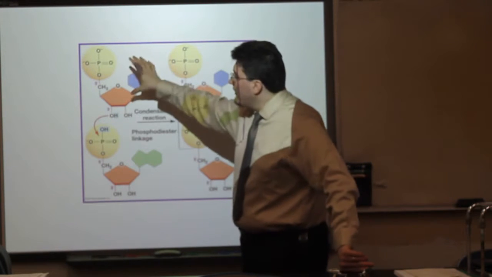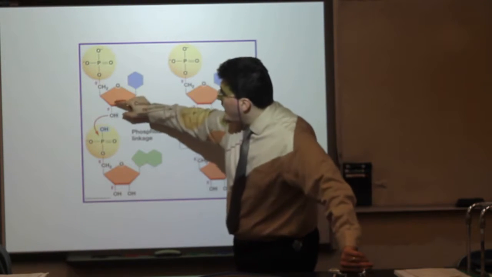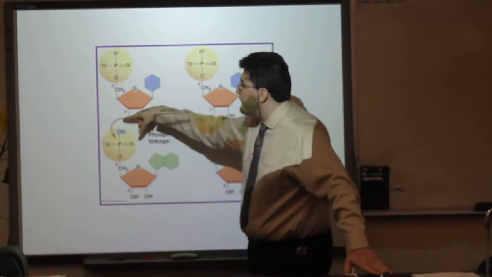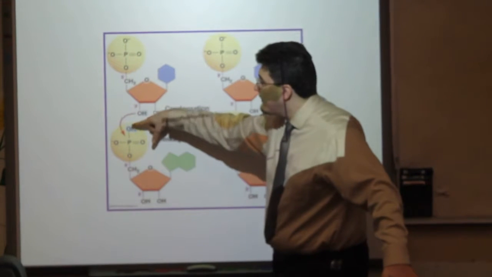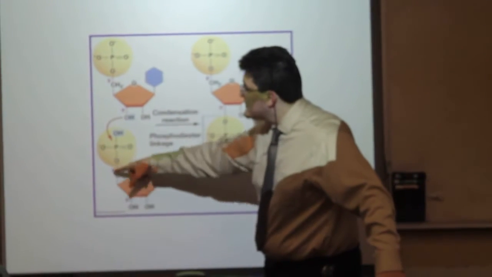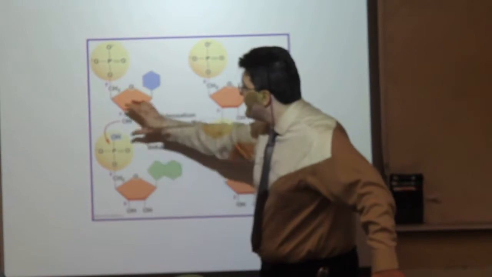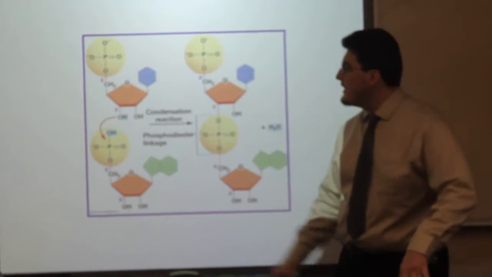And we have a 3' carbon here. The 3' hydroxyl will bond with the phosphate hydroxyl group here on this phosphate over here, which is on the 5' group. So we have a 3' to 5' phosphodiester linkage,